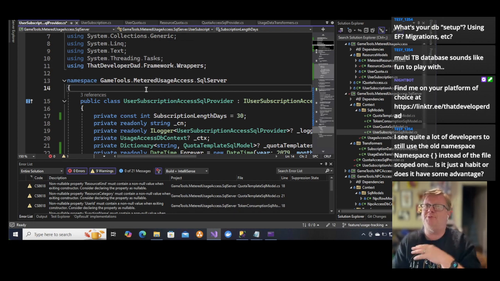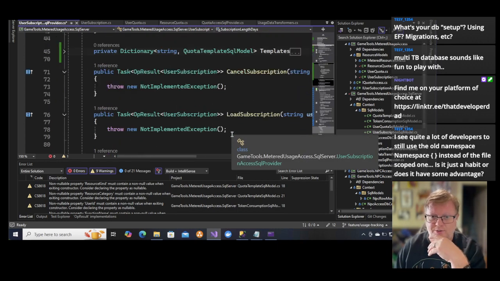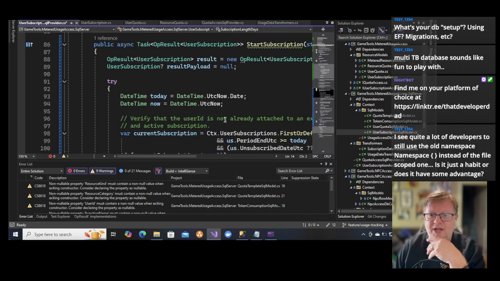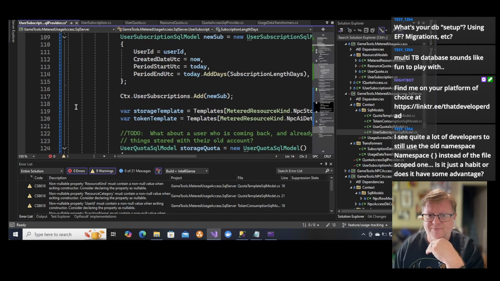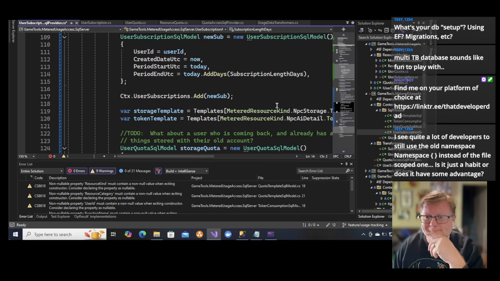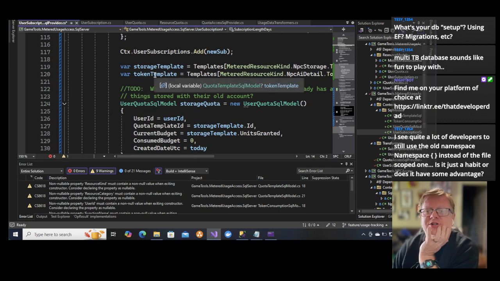They've been right about everything else I've ever heard from them. So I'm just going to keep doing it old school until I'm given a compelling reason not to. This much indent is almost a compelling reason. Almost. Now, here for storage templates and token templates,